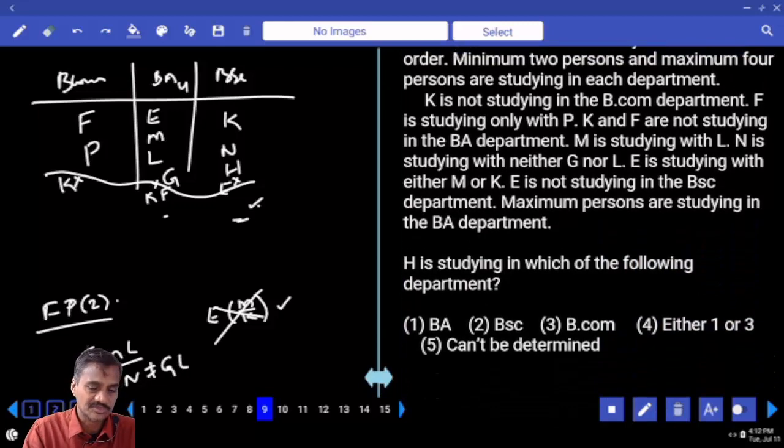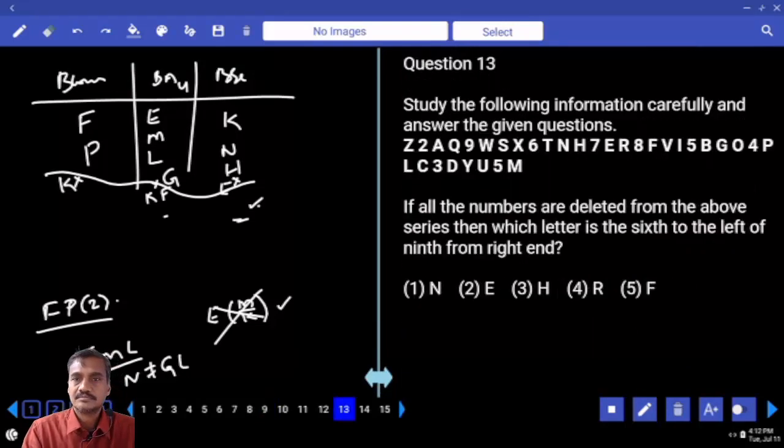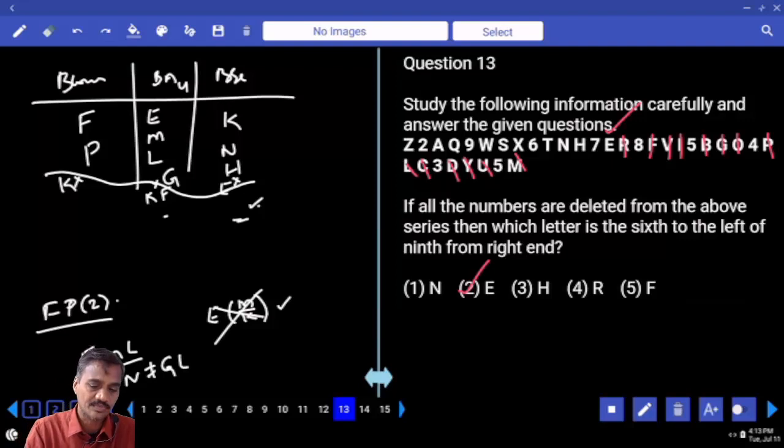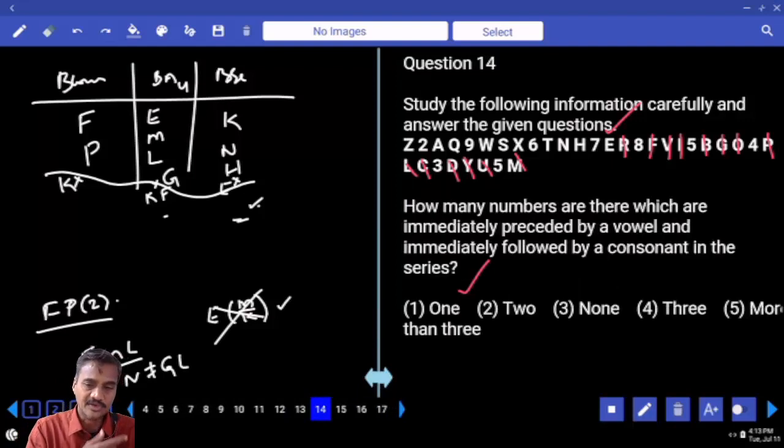Now this is about question numbers 9 to 12. Clear? Then the next one, 13 onwards. Questions 13 to 16 are based on a sequence. If all the numbers are deleted, which element is 6th to the left of the 9th from the right? 6th left and 9th right means 15th from the right without the numbers. Counting 1, 2, 3, up to 15, what is your answer? E, that is the choice for 13. And 14: how many numbers are there